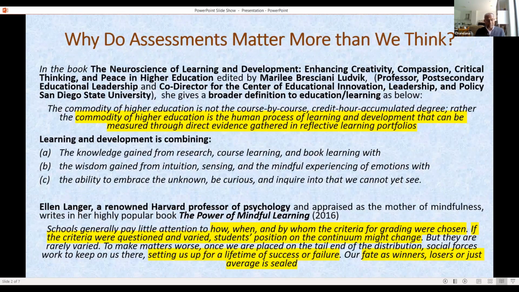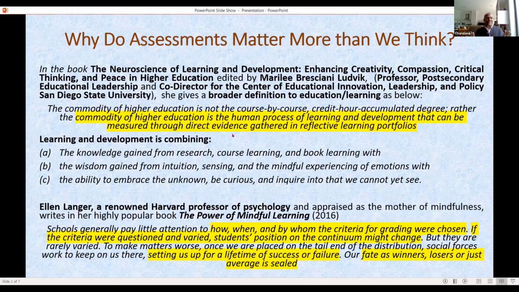I'm trying to make it more meaningful by going with this definition I got from a book published 2 years ago by Marilee Breziani-Ludwig. She's a professor of post-secondary educational leadership and co-director for the Center of Education, Innovation and Leadership at San Diego State University. The title was Neuroscience of Learning and Development, Enhanced Creativity, Compassion, critical thinking, peace in higher education. So the definition,